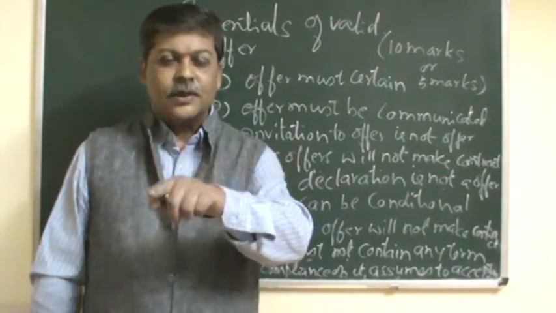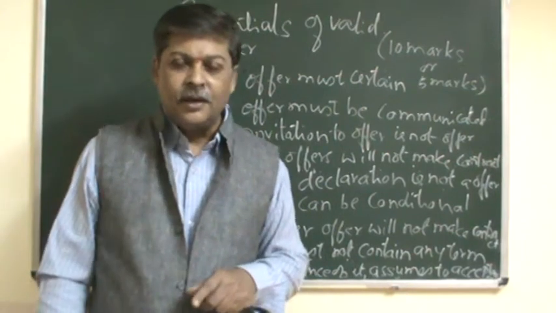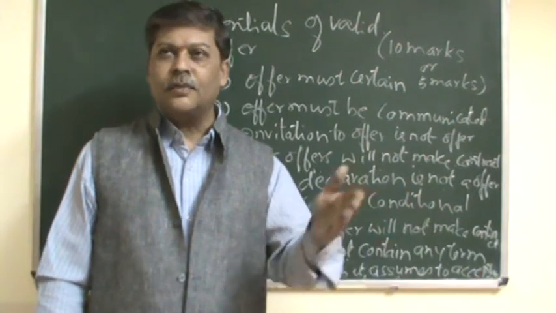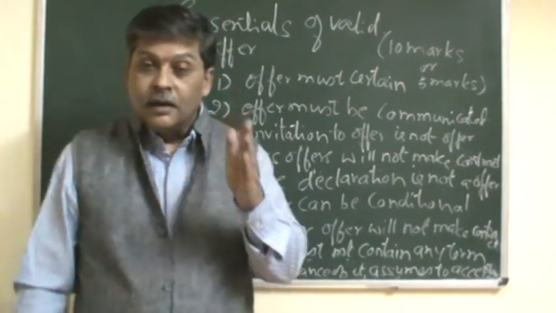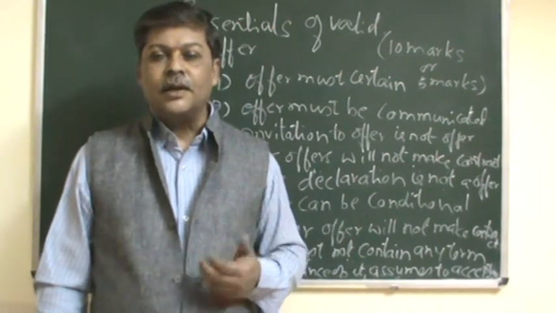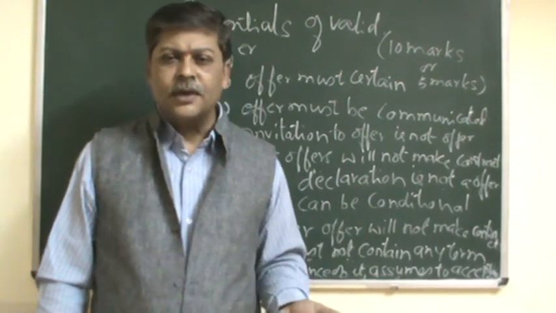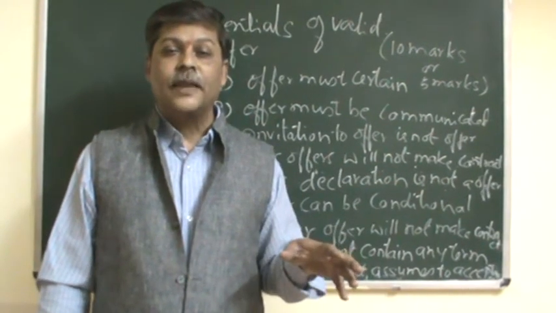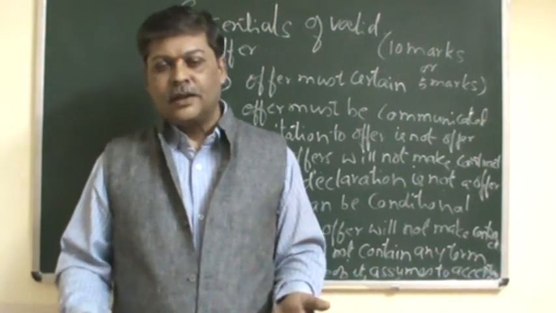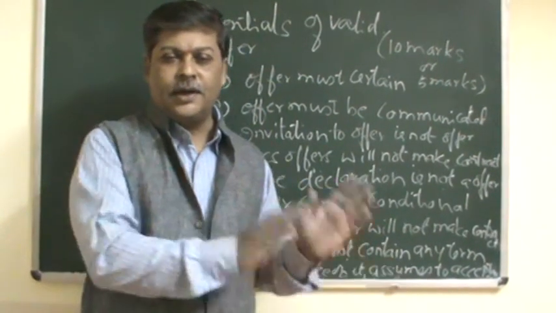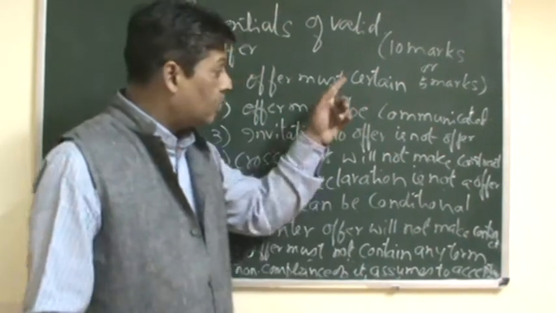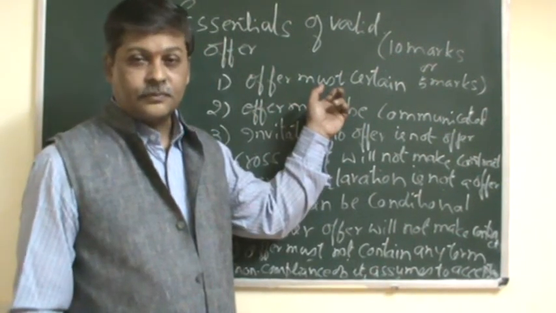Which oil he is going to sell and what oil is required by the offeree, we do not know. Whether he is selling groundnut oil, sunflower oil, or mustard oil, we are not aware of it. He is dealing with different types of oils. Suppose if he is dealing with only one type of oil and has made the proposal, it is understood that he will supply that oil. So certainty also can be asked for 5 marks.